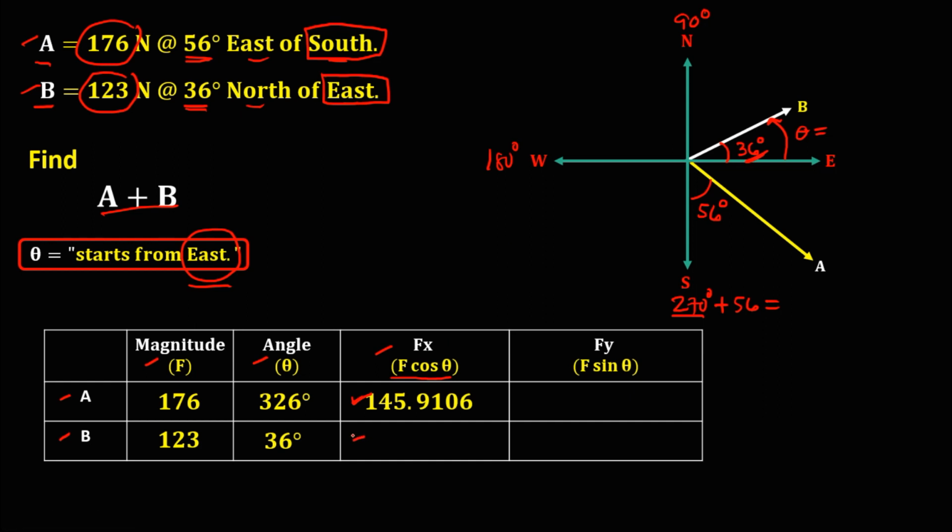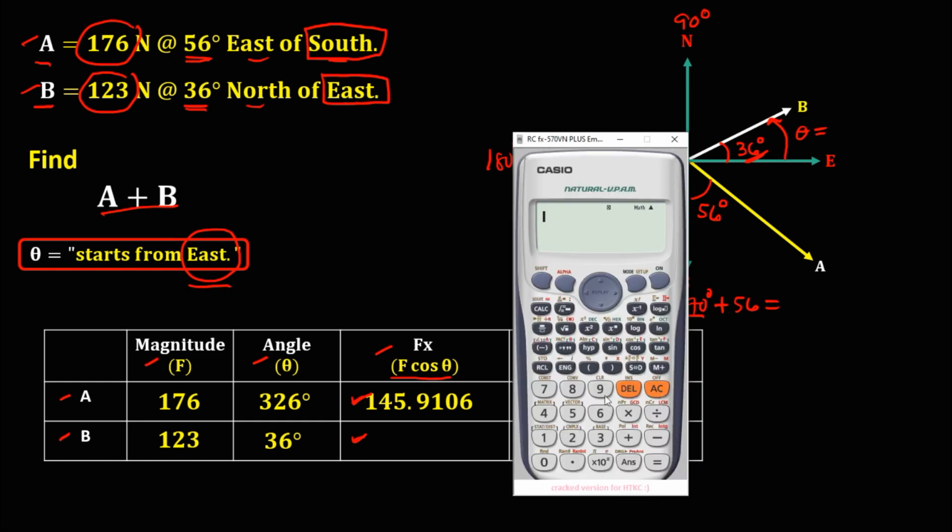Then for vector B, to find the x component, that's 123 times cosine 36 equals